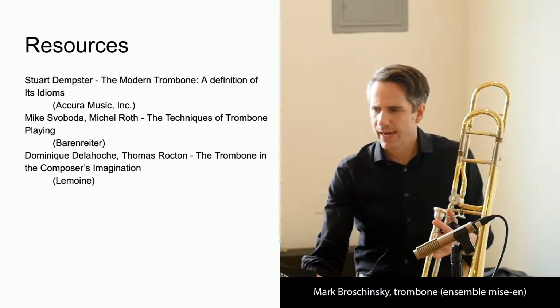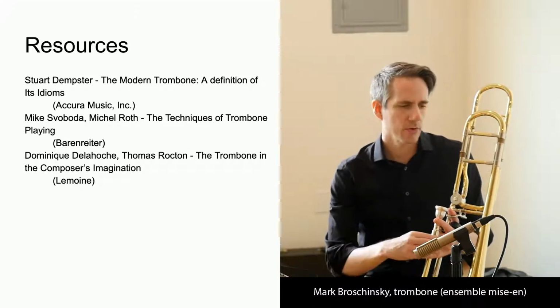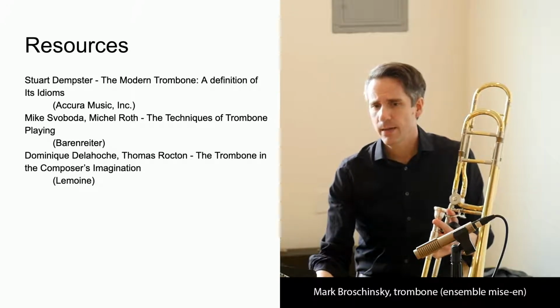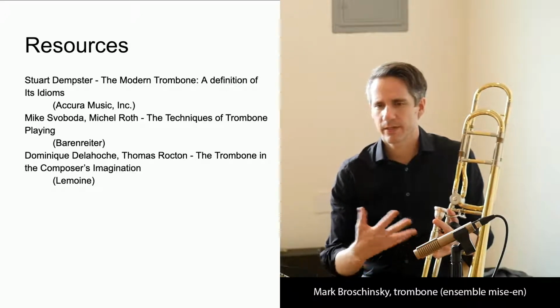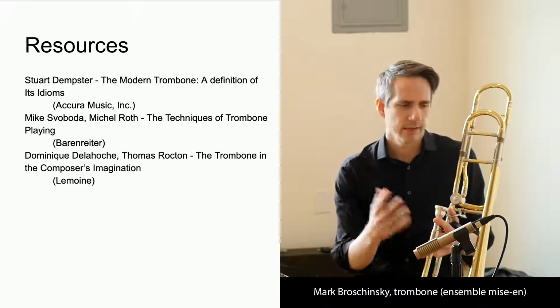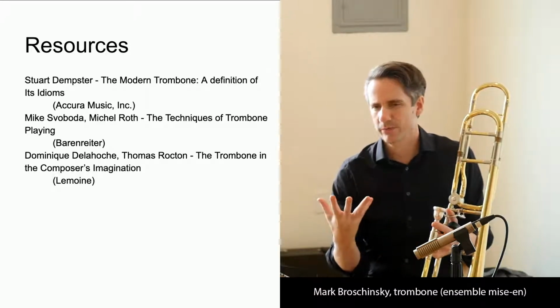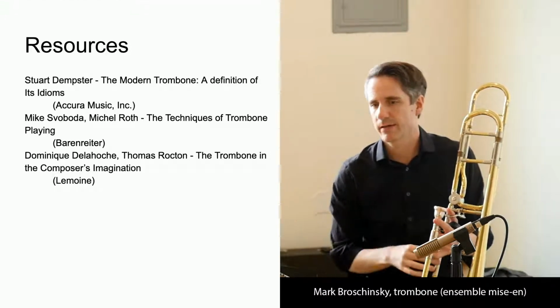As we move to the high end, on the bass trombone, technically you can play as high as you can play on the tenor, but the problem here is the issue of endurance and accuracy. Because the mouthpiece on the bass trombone is slightly larger, it makes it more difficult to play in the high range for extended periods of time. So